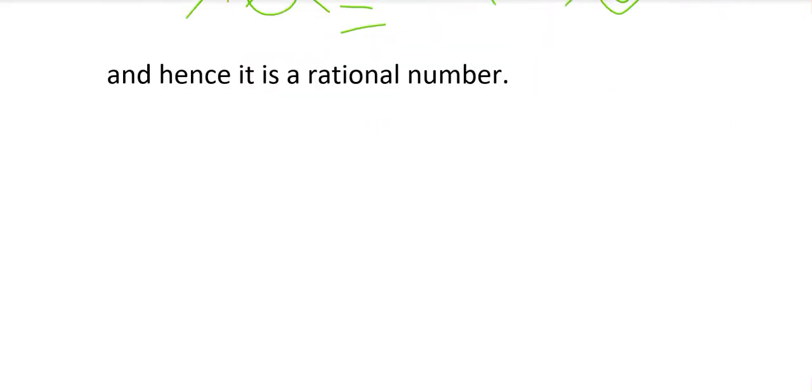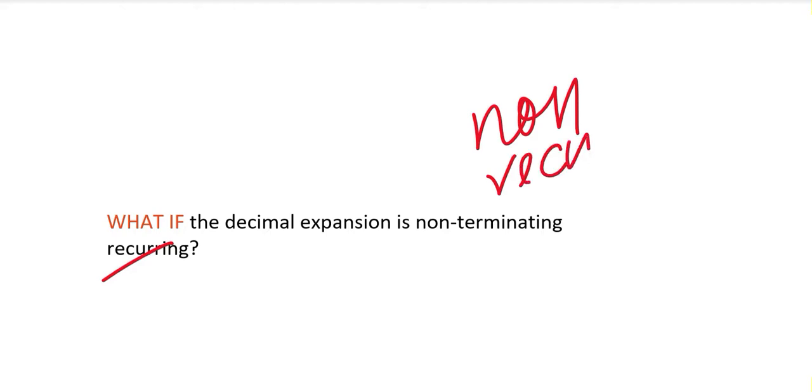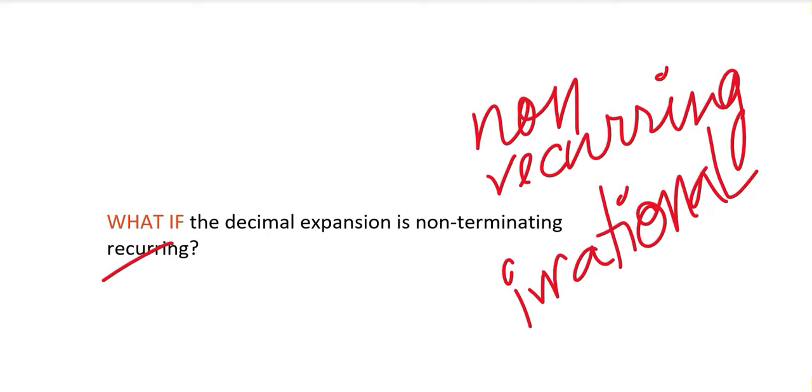Now what if the decimal expansion is non-terminating? For terminating it is quite easy, as you have seen. For non-terminating it could be different. Non-terminating can be of two kinds, as we have studied earlier. One is recurring and the other is non-recurring. Non-recurring, non-terminating decimals are called irrational numbers, and irrational numbers we are not discussing here. We are discussing rational numbers and how we can bring a decimal into the form of p by q. So let's go for a non-terminating recurring decimal.